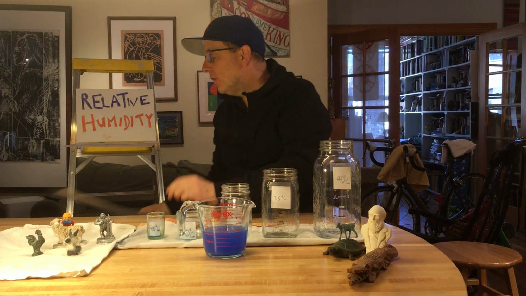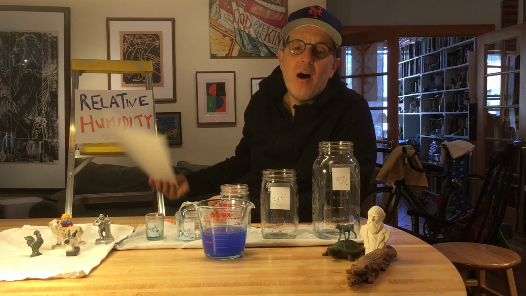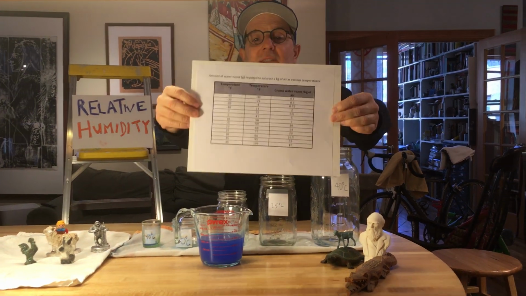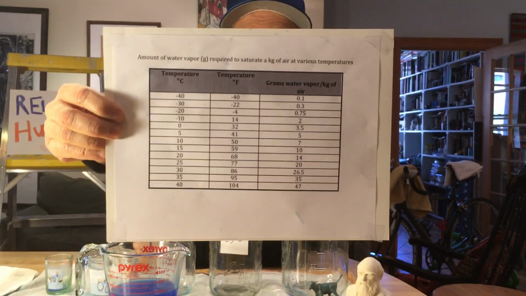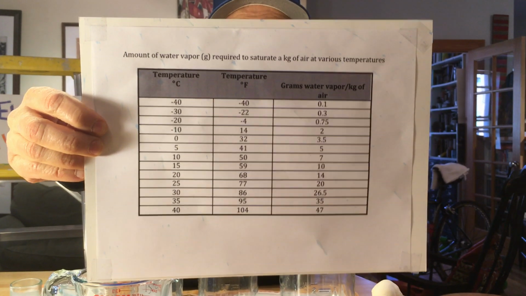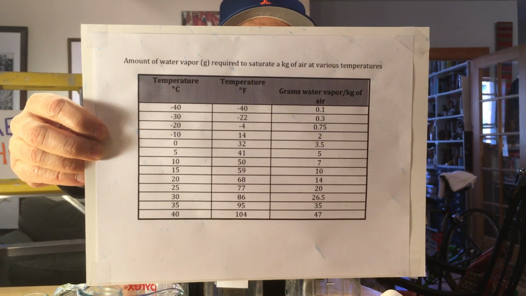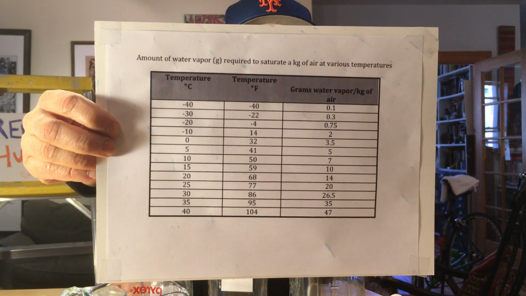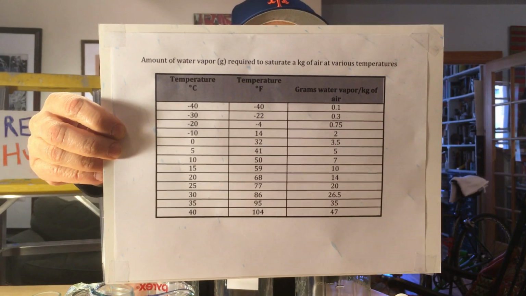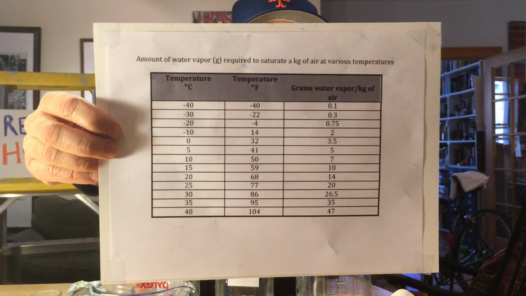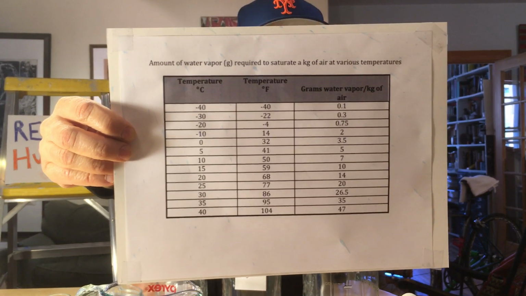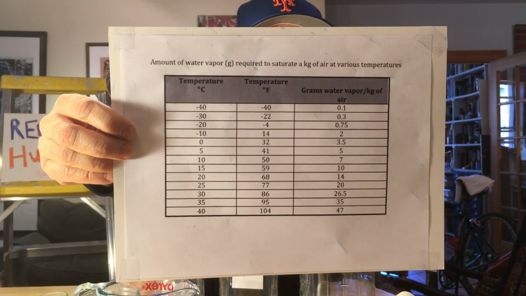So let's take a quick look at how the amount of water vapor a given air temperature can hold does vary. We have a table here, and this table shows pretty clearly. If you look at the right hand column, you see the amount of water vapor. And if you look at the far left, you see temperature in degrees centigrade. And you'll notice at the top, the temperature is very cold, and the amount of water vapor that very cold air can hold is very, very little. And then as you drop all the way down to the highest temperature, I think it's 40 degrees centigrade, you'll notice that temperature air can hold